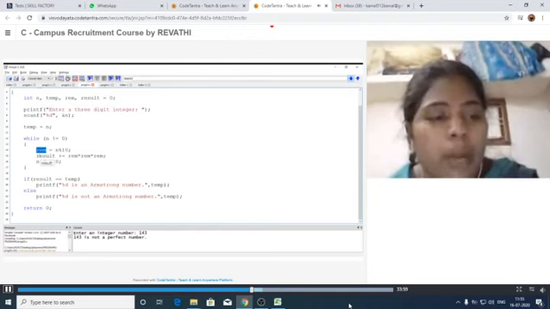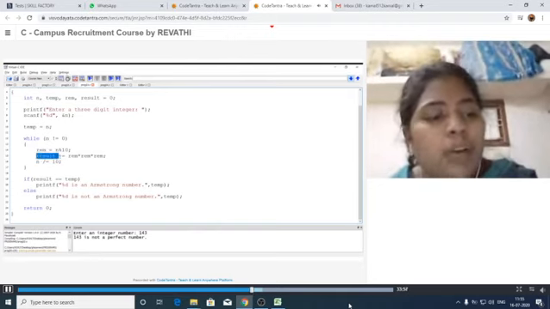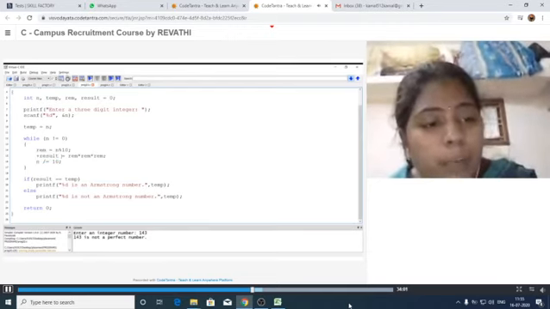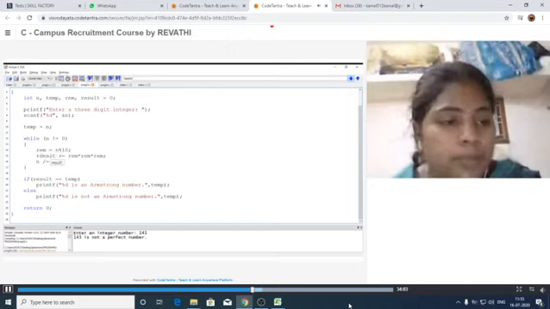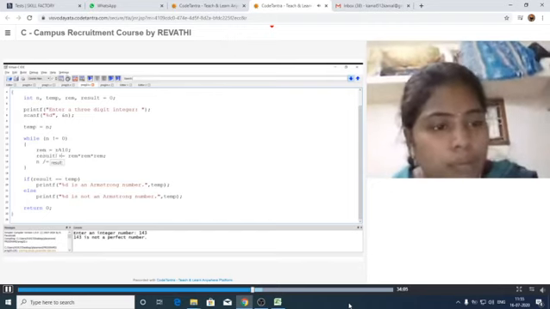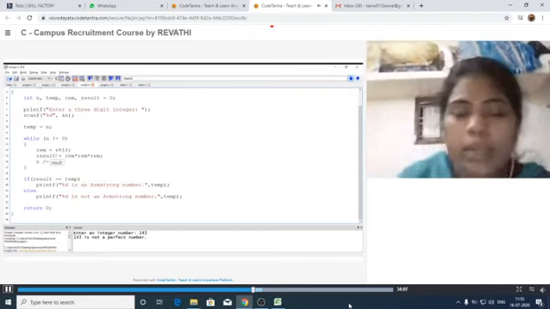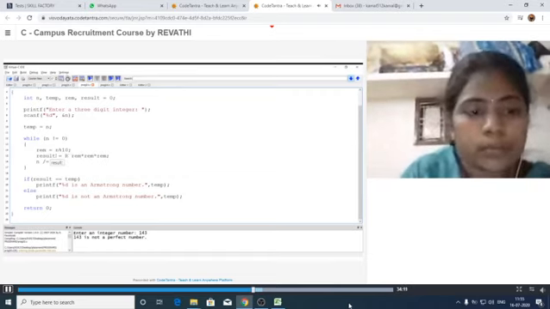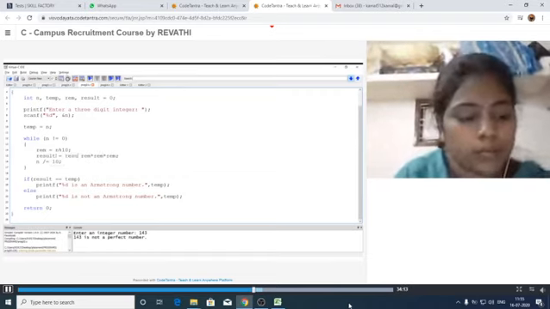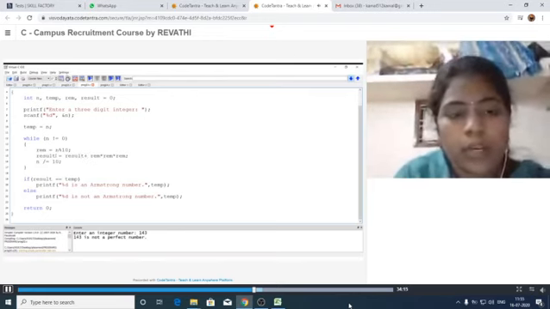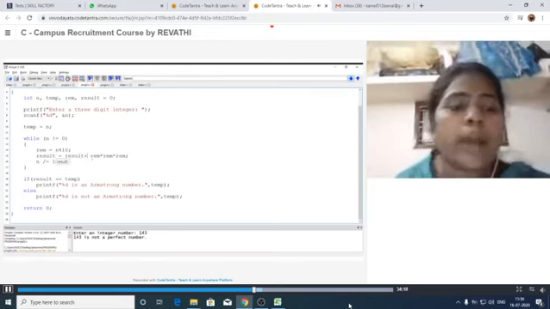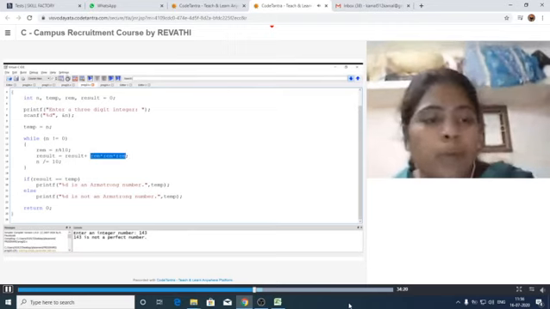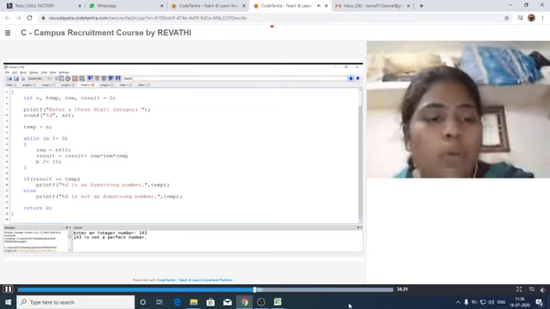After that it is calculating result equal to result plus rem into rem into rem. That means cubing. This is the cube operation here. After that we have to divide n.